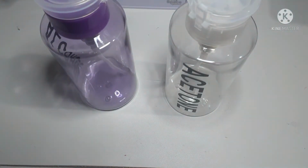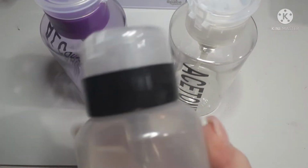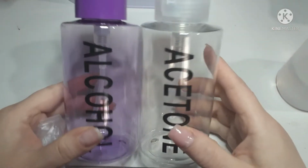I really like my stiletto swatch sticks. Next was my alcohol and my acetone bottles. Ooh, these things are huge. I got them off of the Born Pretty store, I think is where I found these, and yeah, these